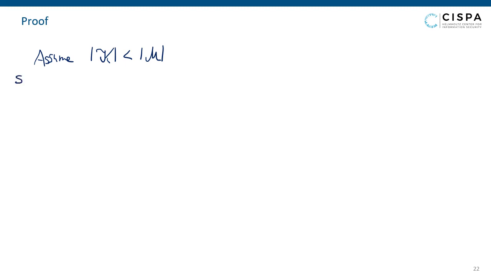Our strategy will be to show that there exist messages and a ciphertext, let's call them M0, M1 and ciphertext C, such that